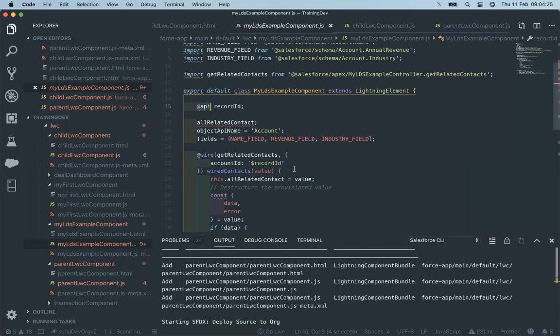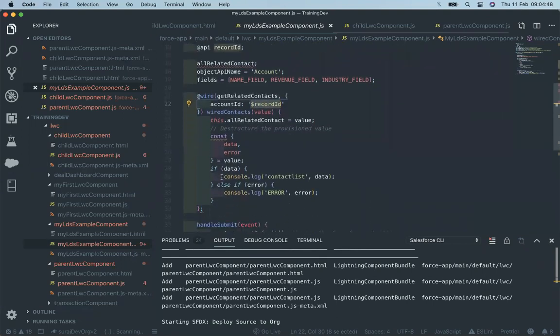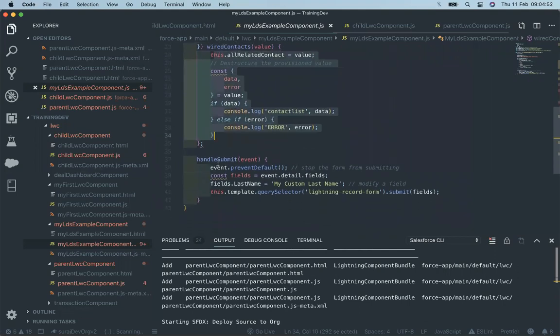All record pages have the same functionality: if we declare @API recordId inside our component, then that recordId variable automatically gets the current record ID. On the basis of that, we capture the current account ID, make the request to the Apex, get the contact list, and do whatever we want on the basis of that.